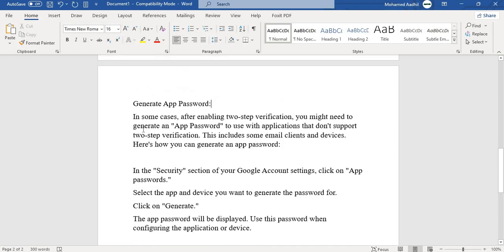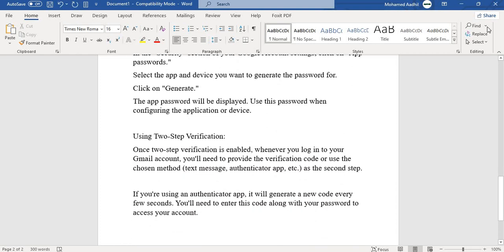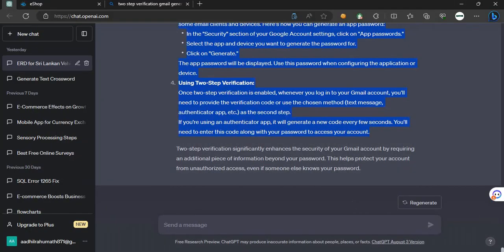These are the steps to be followed. You can search in Google or pause this video and see. Okay, we'll